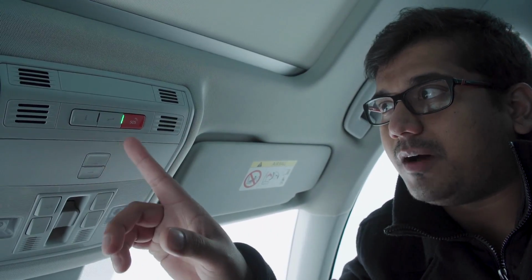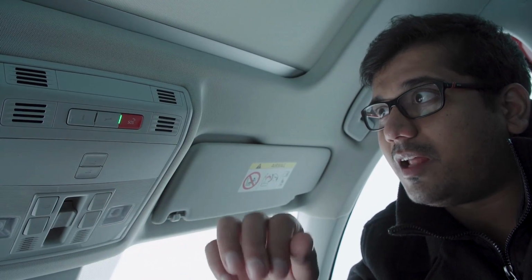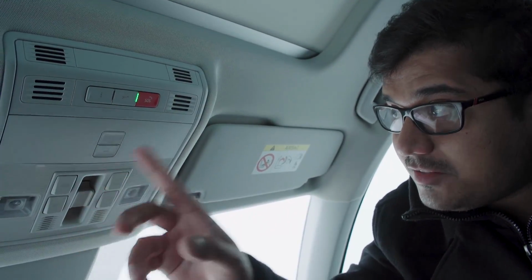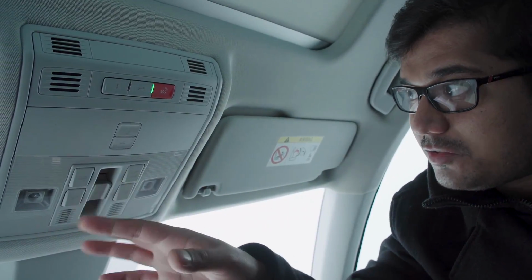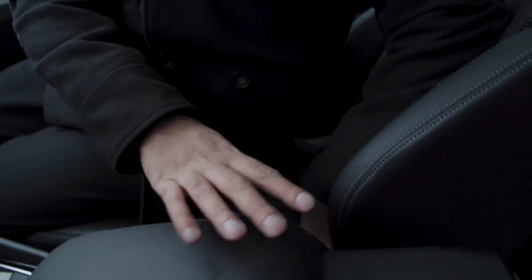Up here we have some buttons for your emergency assistance. So you can press this button and you will have somebody help you out. You go to a call center. You can also ask for some concierge services. And there's a lot of buttons over here for your lights. And we have a very large panoramic sunroof. Takes a while for it to open, so while it's opening, let's take a look down here in the central